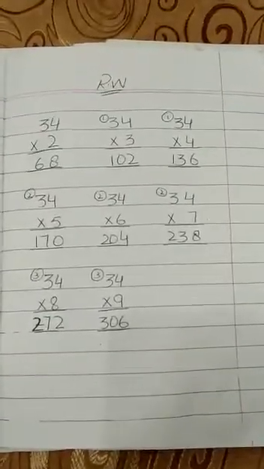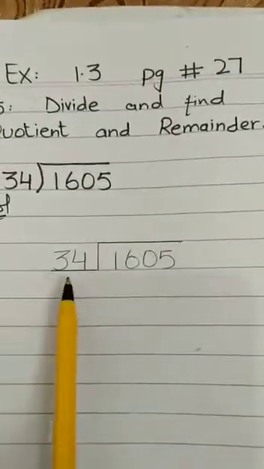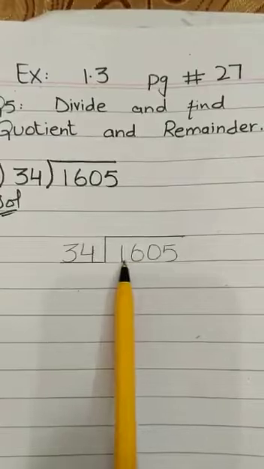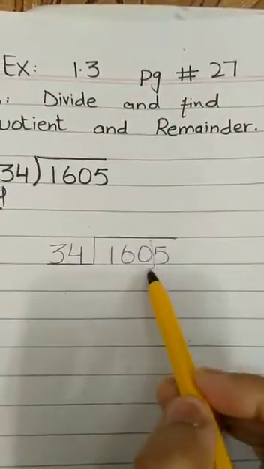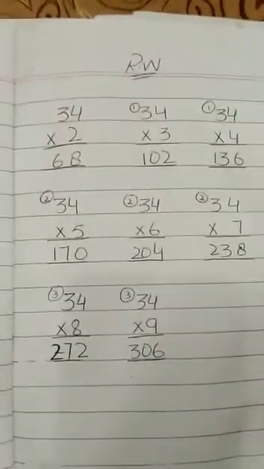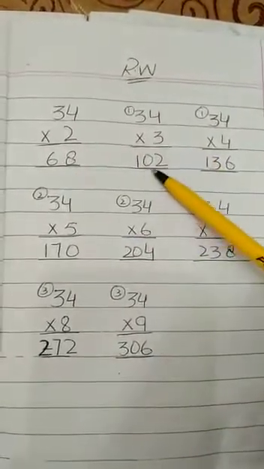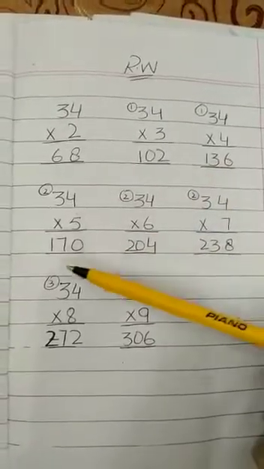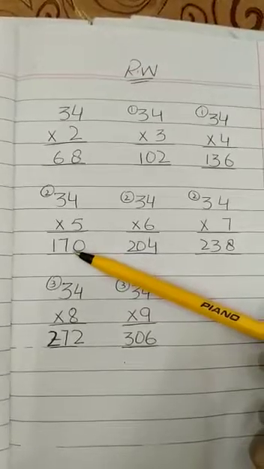Now this is the table or rough work of 34. Now again 34 is a 2-digit number, so we check 34. 16 is less than 34, so we take another digit, 160. Now check 160 in the table or rough work. If not, we take a less number. 34, 68, 102, 136, 170. Obviously 170 is not possible, so we take 136.